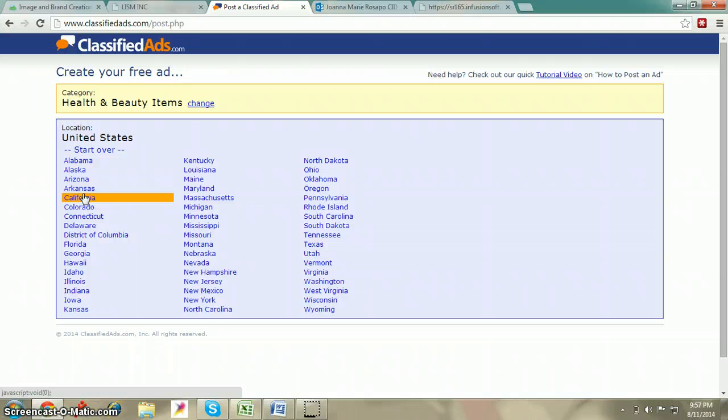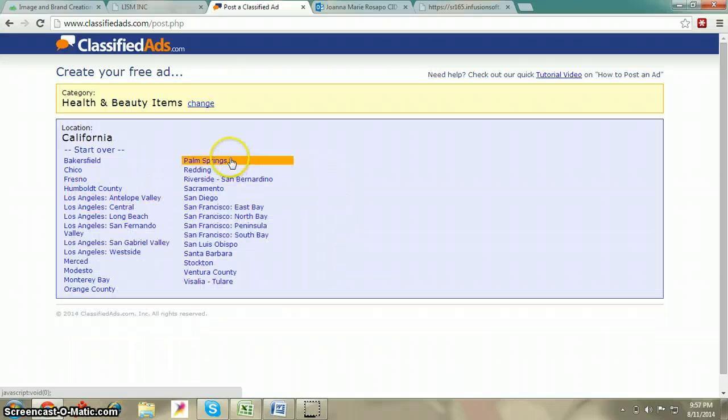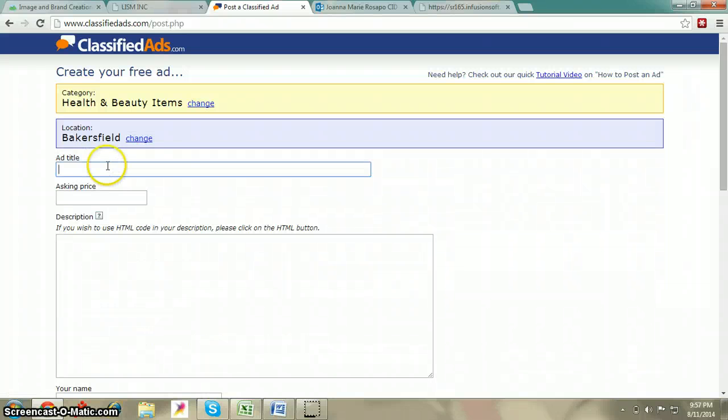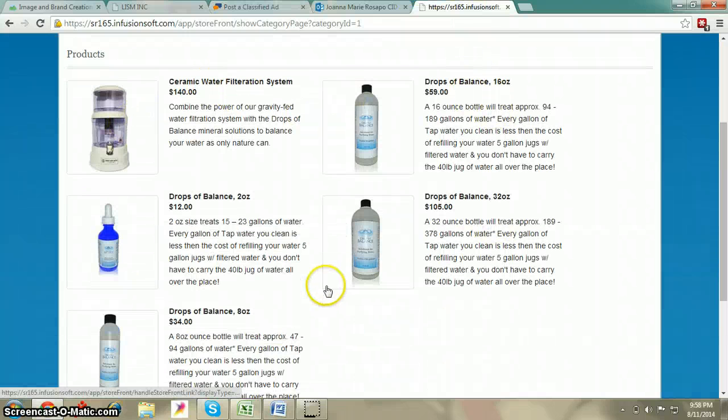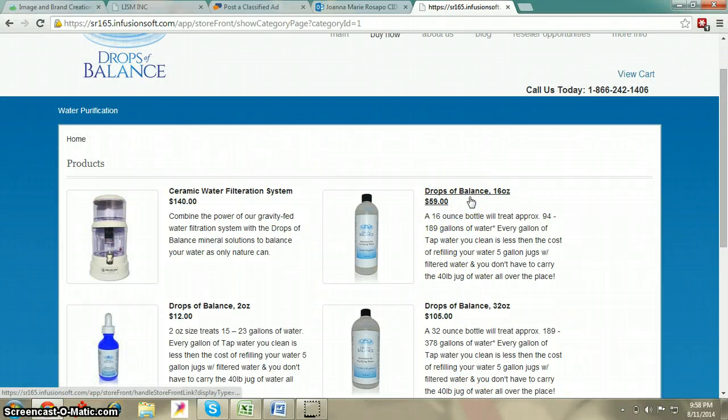Let's choose for now California, then Bakersfield. Ad title: we need to put the ad title. Our product is Draft of Balance, so we can choose one. Let's choose Draft of Balance 16 ounce for $59.